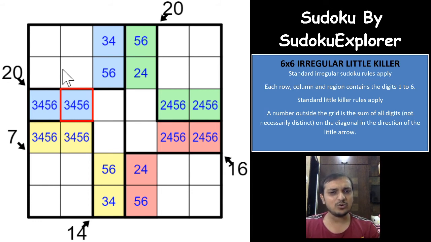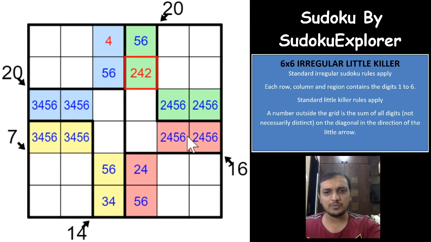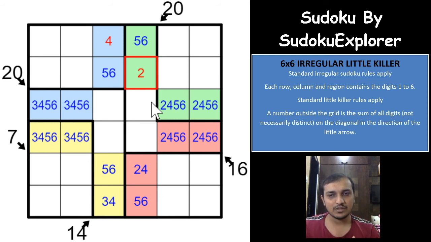Now let me show you what logic it is. What happens if you have a 4 here? This is the toughest logic of this Sudoku. The moment you have a 4 here, you know that these 4 cells would have to be different, right? So let me mark that with the other color. The moment you have a 4 here, this cell would have to be a 2, right? This cell would have to be a 2. That gives you a 6.